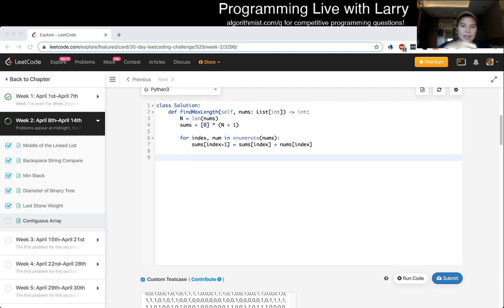And I think the way that I would think about it maybe is, this actually now a little bit reminds me of that classic dynamic programming problem where sum equals to zero,